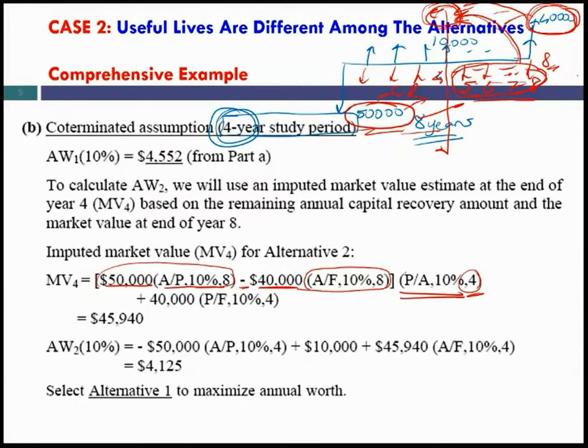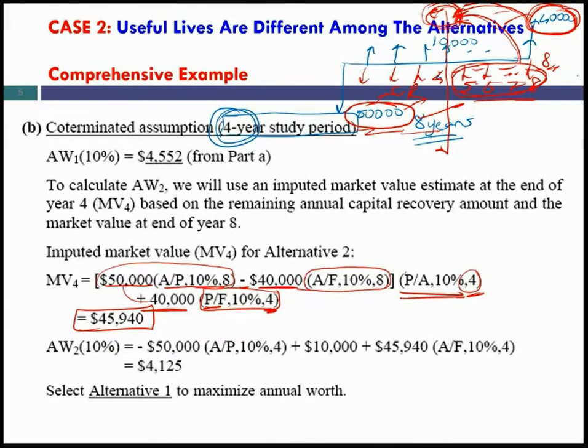Therefore, this formula, and on it, I am finding the present worth of this market value at the end of year 7. I find its present worth at the end of year 4, so I am switching it 4 years before. And if I add these two values, this is the market value of the project at the end of